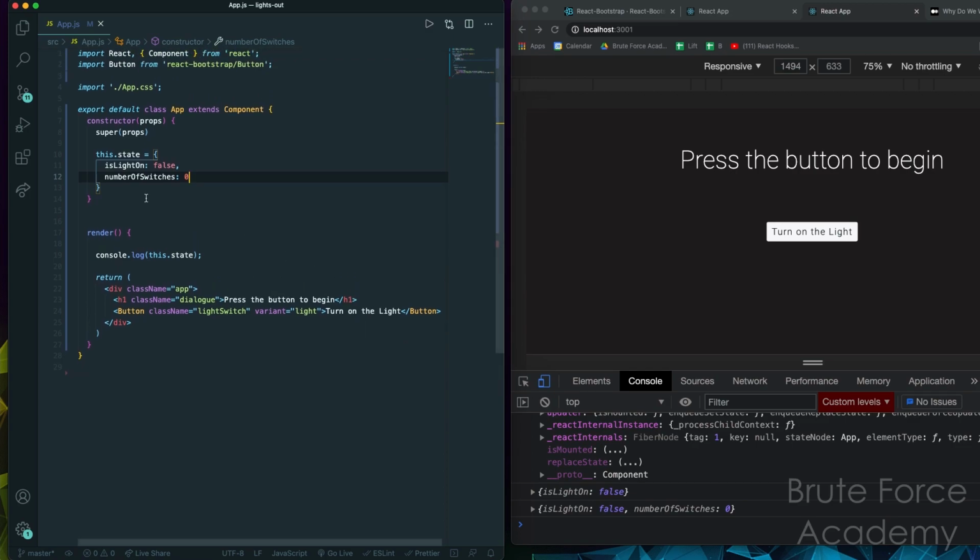Okay, so in terms of just creating your initial state, nothing too crazy. You just got to create a constructor, call super(props), make a this.state object, and then you just start putting your key value pairs that hold your little pieces of data inside of the object, okay? And one other thing to note is that a good